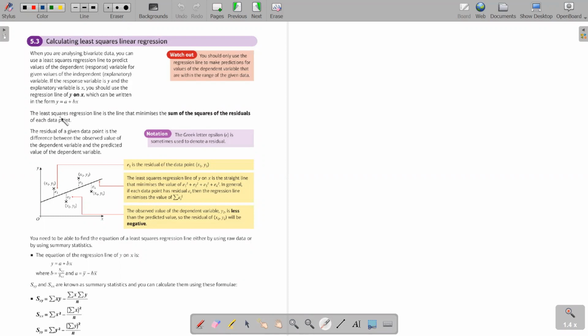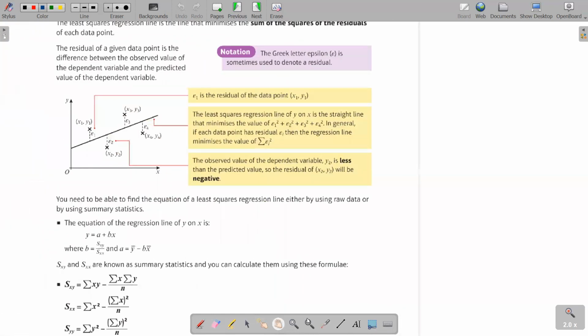The least square regression line is the line that minimizes the sum of the squares of the residuals. Guys, residual here means the error. Now, if you look at the scatter plot, the crosses show the actual data. In real data, it doesn't always come perfectly in a straight line, right? So the points are scattered. So what the line of best fit does is it tries to go through these points